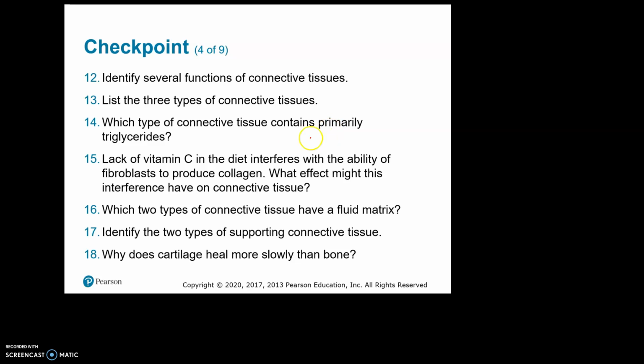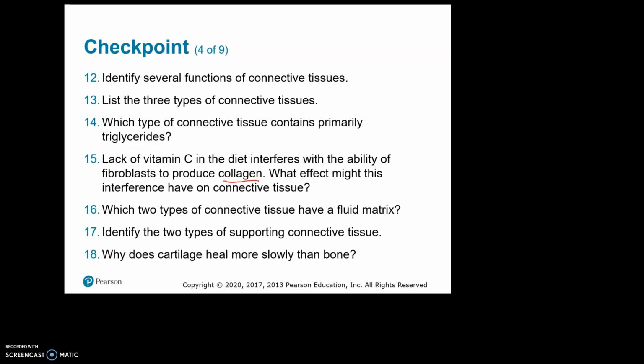Which type contains primarily triglycerides or fat? That would be adipose connective tissue. Lack of vitamin C in the diet interferes with the ability of fibroblasts to produce collagen. What effect might this interference have on connective tissue? Well, almost all connective tissue has some collagen in it. The exceptions would be the fluid connective tissues, but all the other types have collagen in them. So they definitely wouldn't be able to form, or they wouldn't be able to repair,